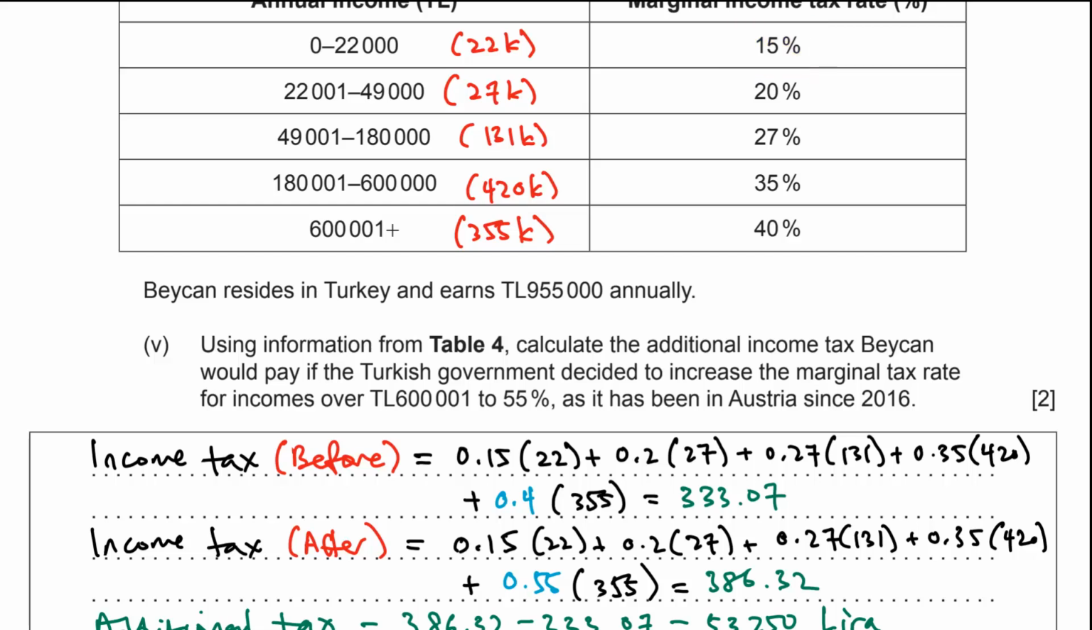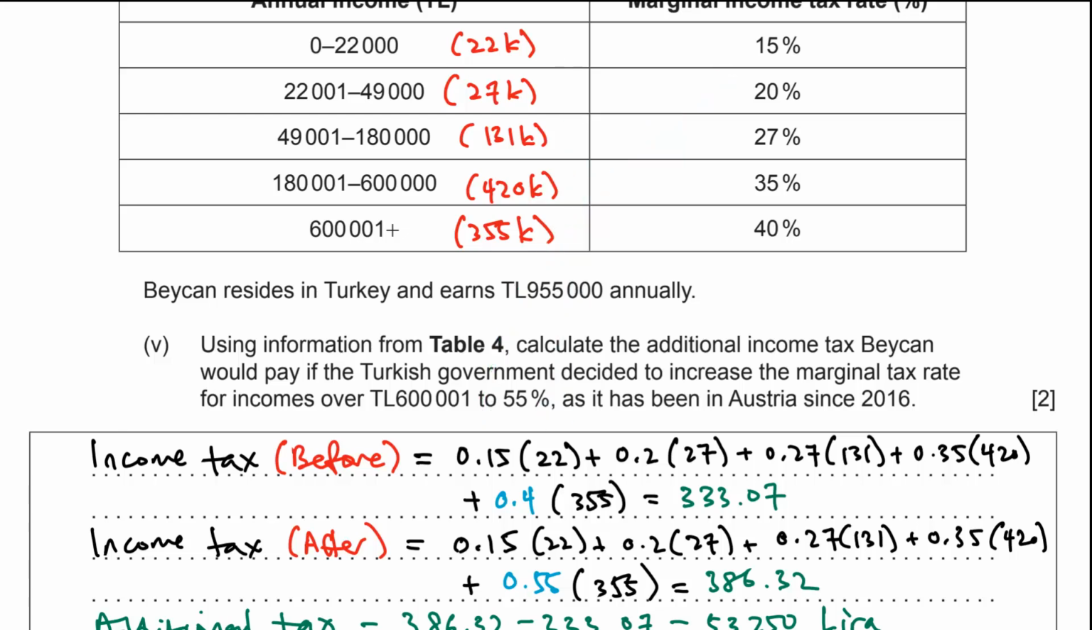So what I'm trying to say is that you've got to pay 15% on that first interval, the full amount. Because this guy's earning 955,000, so the first 22K he's covered that easily. So he's going to pay 15% on that first 22K. Then